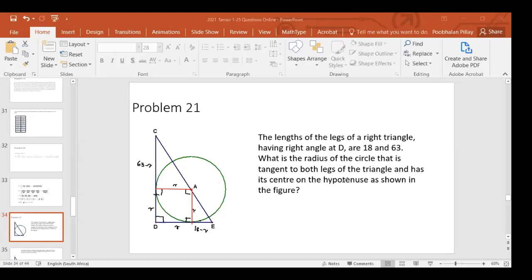So the problem is, what is the radius? That's your unknown. Now, we're going to try to get an equation here. You might say, well, you've got a right angle triangle. So let's work out this part here and this part here, and add them and square them. Then you've got the square of the hypotenuse, which will be 63 squared plus 18 squared. That'll be a good idea if you do that. And then you get an equation: 18 squared plus 63 squared is equal to that plus that, all squared.